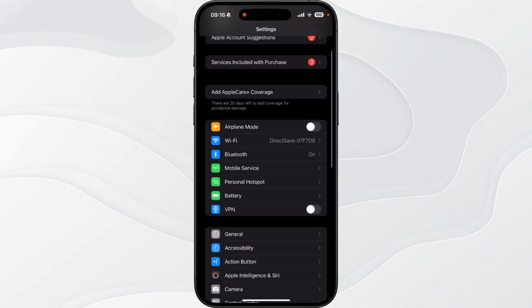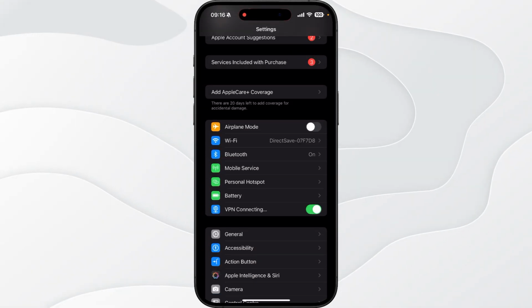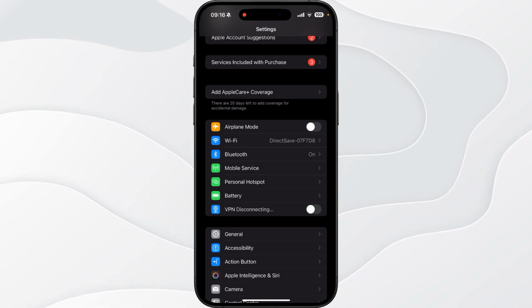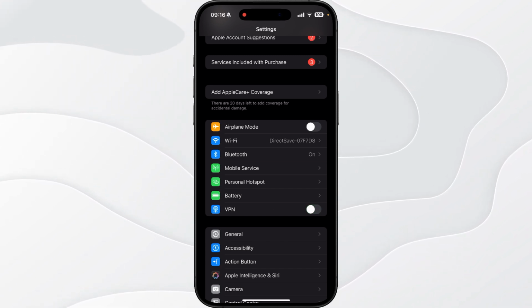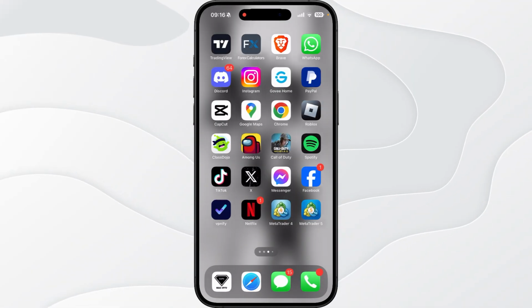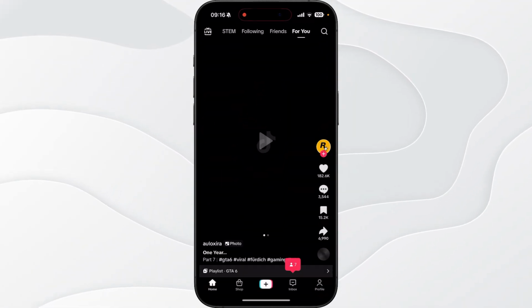So what we can do now is we can go over to settings, we can go to VPN. And what we need to do is we want to make sure that any VPN is disconnected on our device, because if you're connected to a VPN, this could be causing the problem that it is unable to authorize. So once you've done all this, you will then be able to head back over to your TikTok app and then log into your account